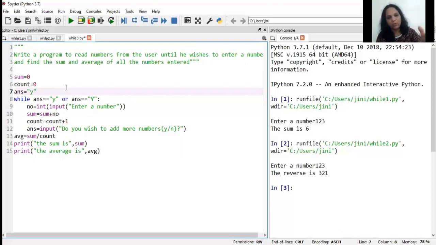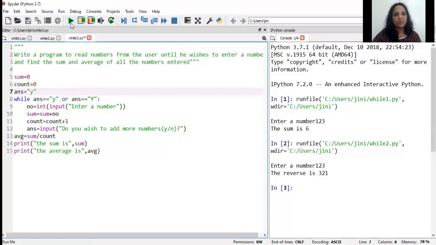I get into the loop. I read a number. I add up the number. I increment the variable count. Then I ask him, do you wish to add any more numbers? If he says no, I stop with that. But if he wishes to add a number, my loop will go back again. So in case of programs that tell you to do a certain thing up to a certain condition, again, it's a conditional loop, right? So what will you do? You will put it into a while loop.